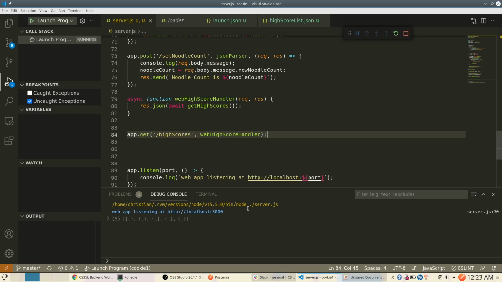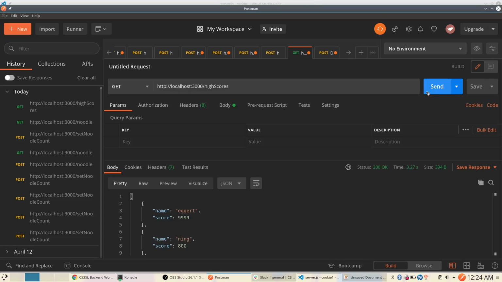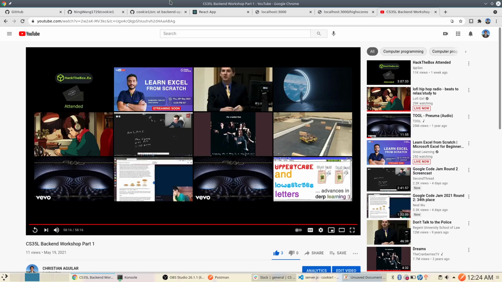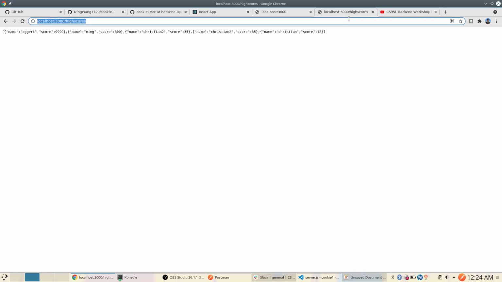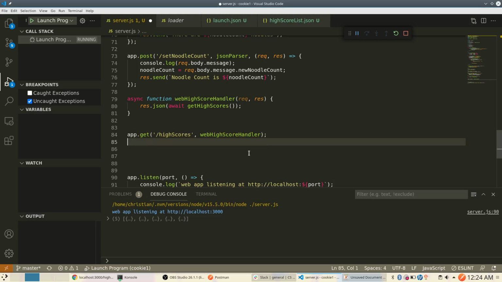But let's go back to where we left off, which was that we have set up a basic API endpoint where we can retrieve our high score list, both in Postman and also within our web app. In this case, it's just very basic. This is just going straight to the web page. But now that we have retrieving high scores functioning quite well, let us also add the functionality to post a